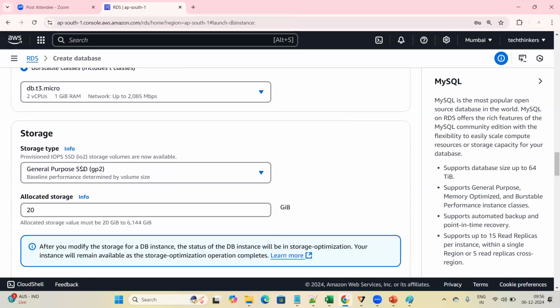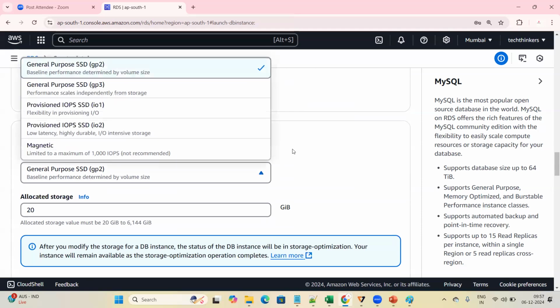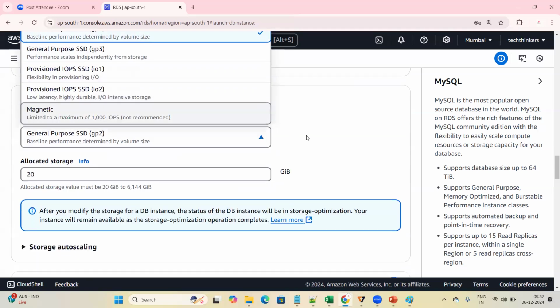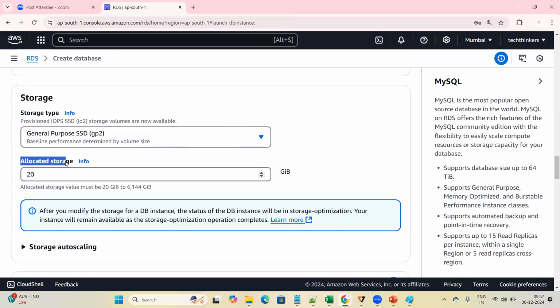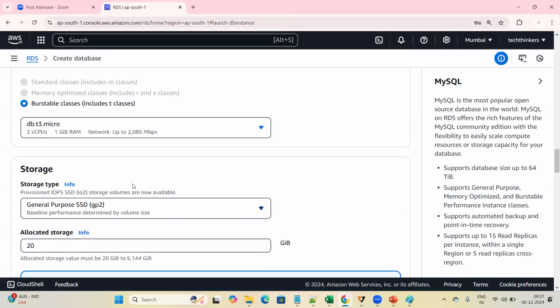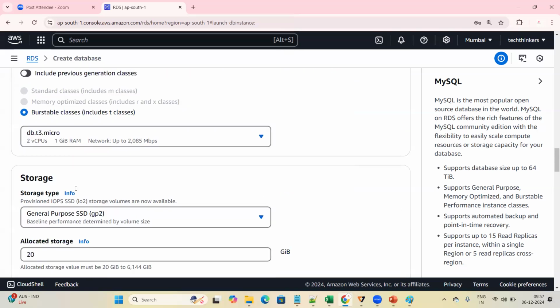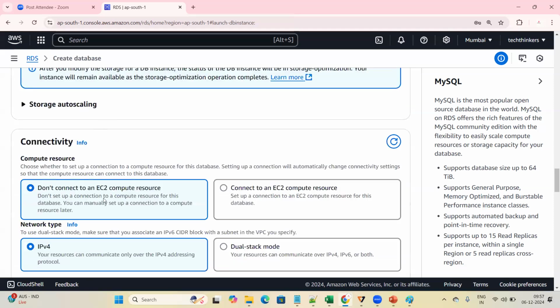Storage it is asking. We have different types of storage devices: general purpose, provisioned, magnetic. We are going with general purpose. Allocated storage is 20. So we are selecting the configuration of the machine and the storage of the machine. Okay. Then